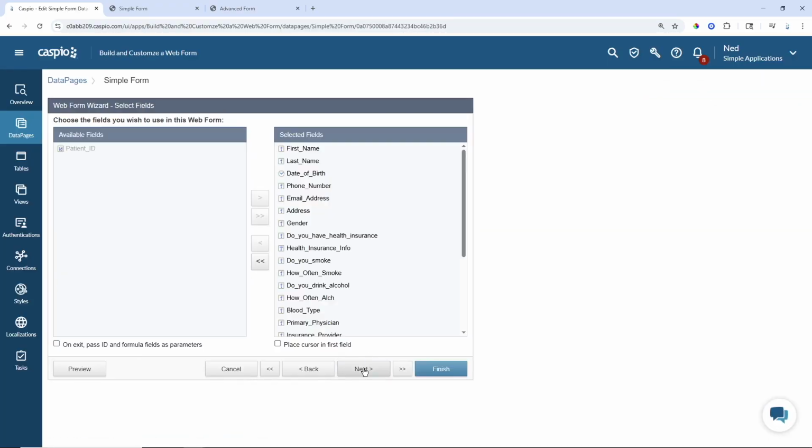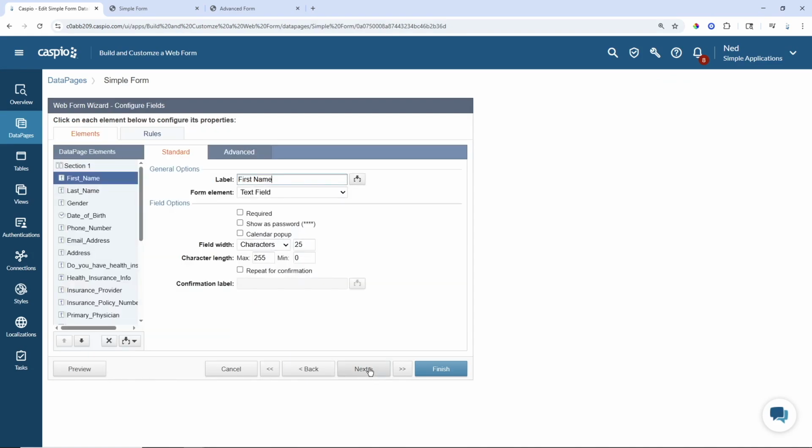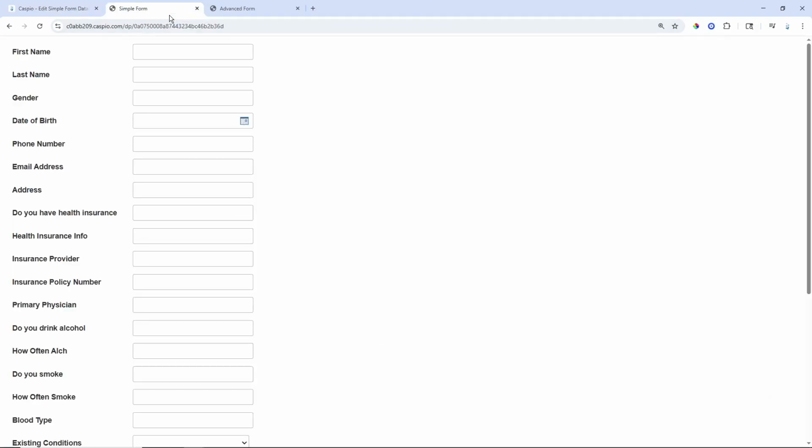Continue. Choose the fields you would like to have in your web form, click Next, and if you don't make any modifications at this point, let's say you were to click on the Finish button, your form will look exactly like that, where all the labels are on the left and you have a single column form. Now let's see how we can make a few changes in the beginning to make the form look a little